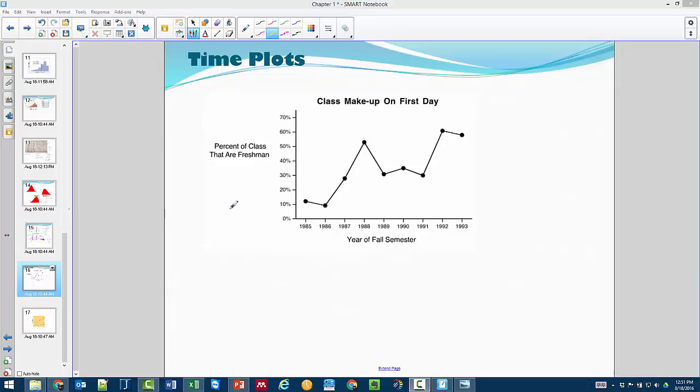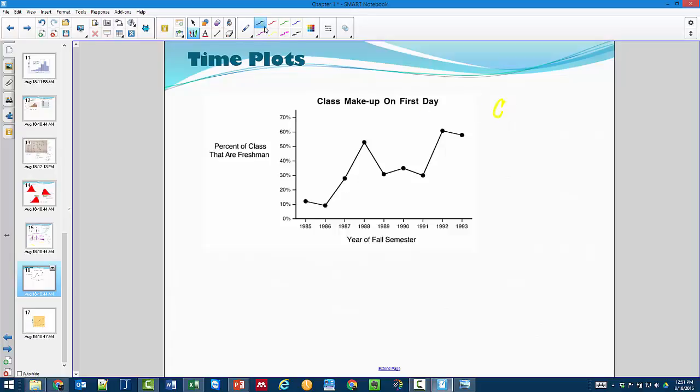All right, greetings everyone. Today we're going to take a look at time plots. You'll notice right here I have a very familiar looking kind of line graph. What makes this a time plot is we are taking a look at, in this case, percent of class that are freshmen. So in any given class, let's say this is